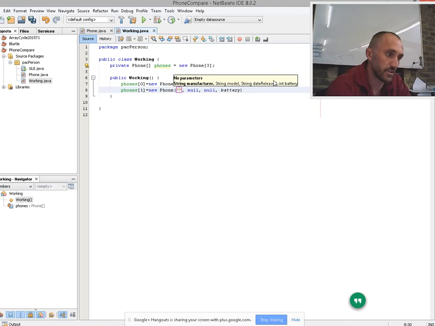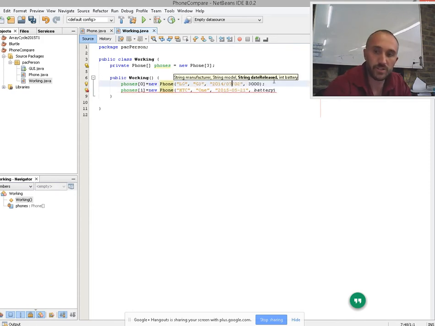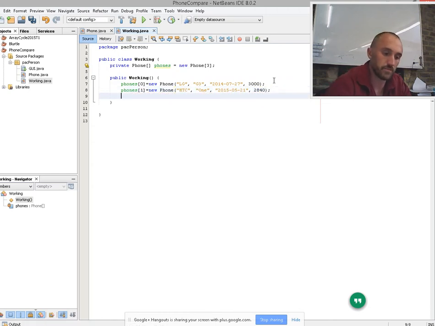So in this case, it is going to be an HTC, and this is going to be a 1, and then we're going to have a date released being 2015-05-21. This technically was 07. And the battery here is 2840. Copy paste. Phone 2 is a